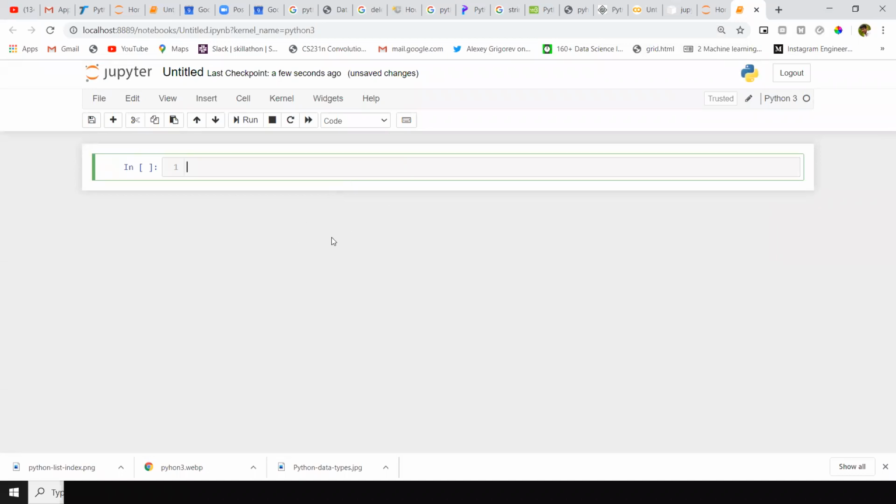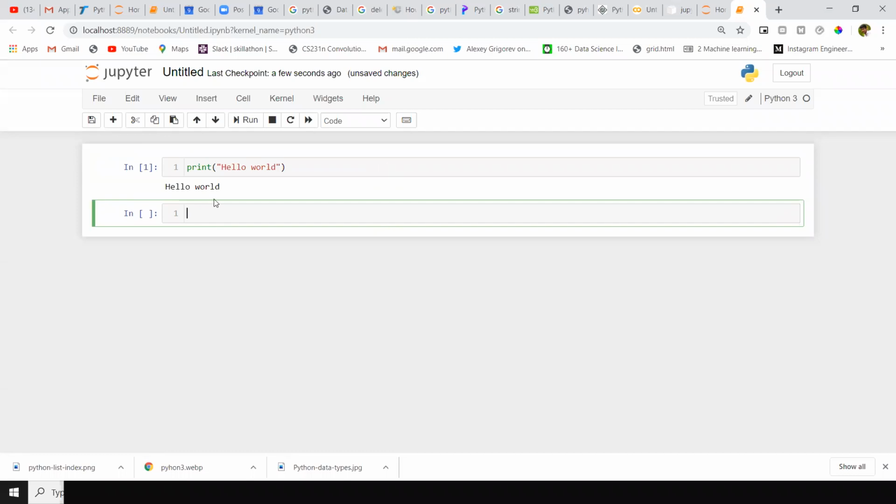Actually, this Jupyter Notebook is useful when you're dealing with data analytics or data visualization. I thought for today's session, I will teach in Jupyter Notebook. These are the cells. We will write code here. In the last session, we wrote in a Python file and compiled it through the command line. Now we will get output here directly. You will write Python code here and directly get output here. No need to save with a .py extension. Everything will be taken care of by Jupyter Notebook. This is one of the useful tools to compile Python code.